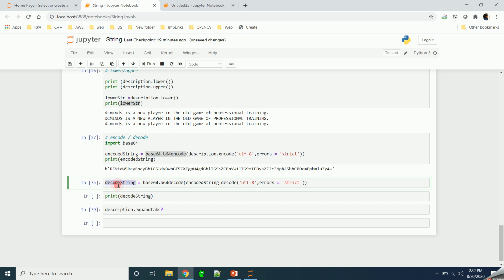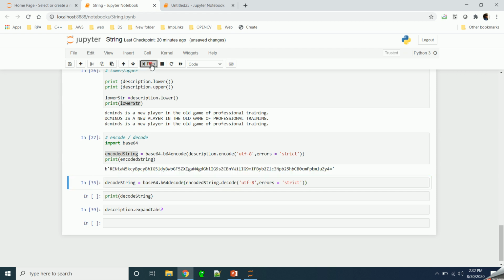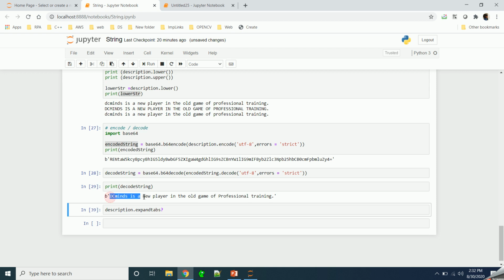Okay, and next what we can do is use this encoded string and decode it whenever we want. Basically the person who is receiving this particular encoded message can now use this string and decode it. So now if we decode this, if we run this and print here, we are getting DC minds, whatever the string that we have over here.